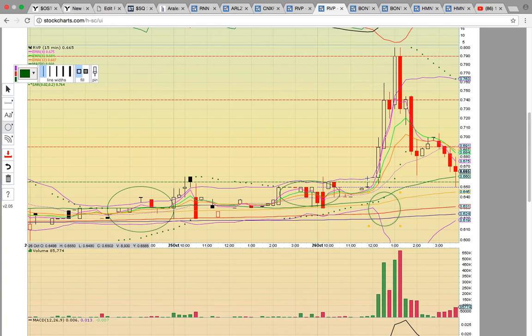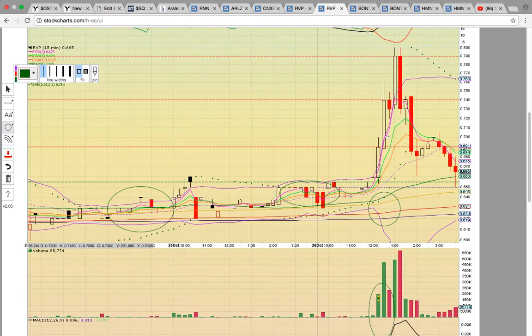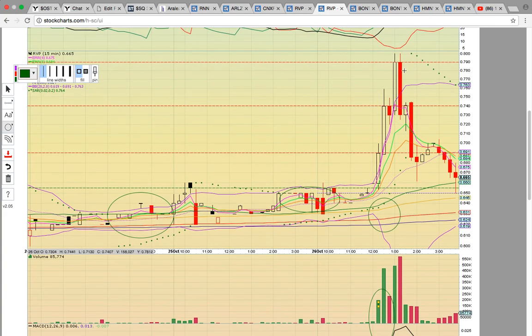And so what you have here is you had a nice uptrend going, and then it finally broke out. The clue that it was ready to run was the big volume spike. Look at the volume spike here at 12:15. Okay, so that put it in play, and then it ran up, but it hit resistance, and then it